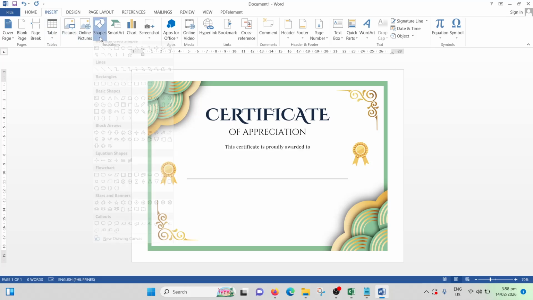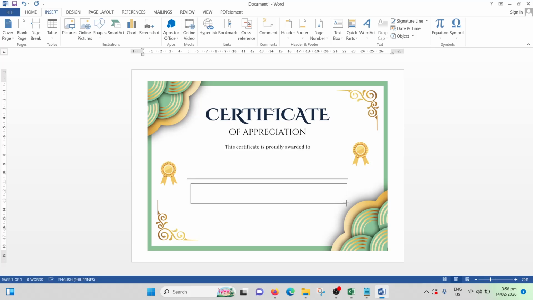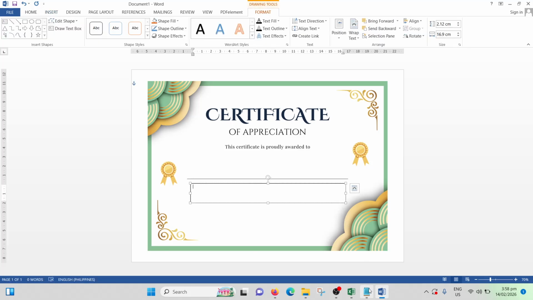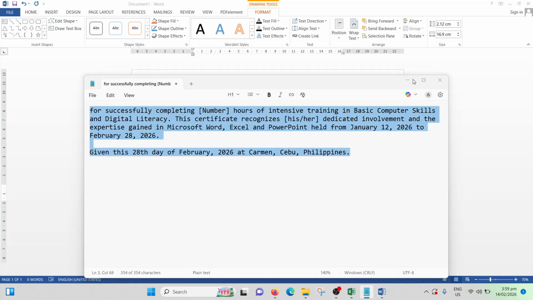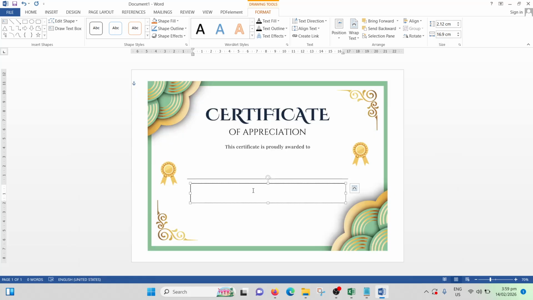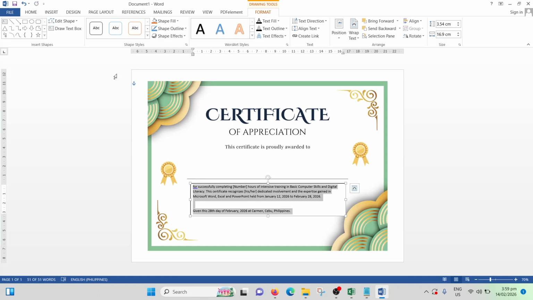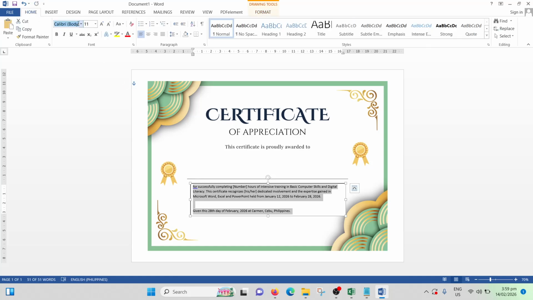So let's say for example, we will add a text box, and I have already prepared a text for this certificate. So let's say for example, this one, and we will set font style to Umbria, then 12.